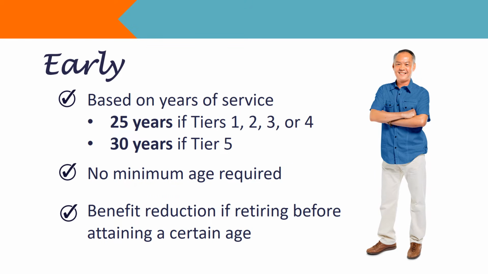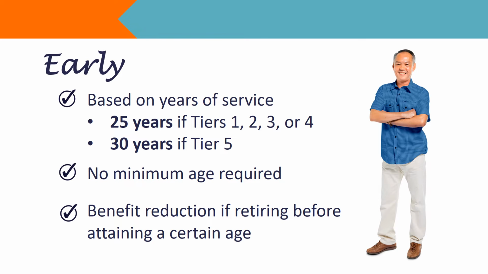The next type is called an early retirement. A member becomes eligible for an early retirement based on his or her credited service. You will be eligible for an early retirement if you have at least 25 years of credited service and you are in Tiers 1, 2, 3, or 4. If you're a Tier 5 member, you will be eligible when you have attained at least 30 years of service. There is no minimum age requirement for an early retirement, and the benefit is calculated using the service retirement formula